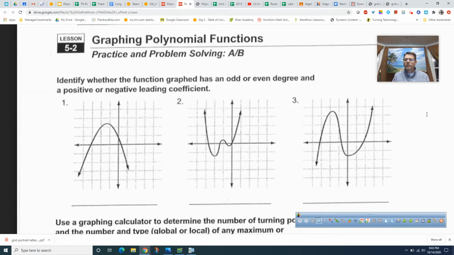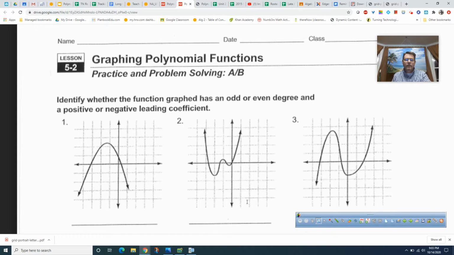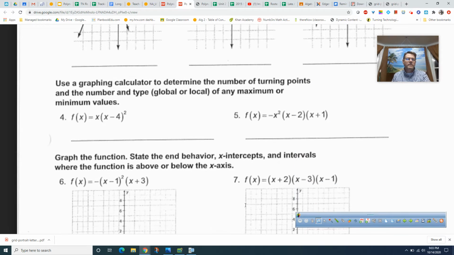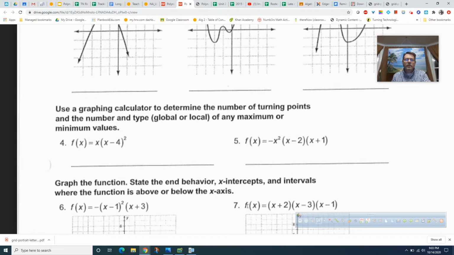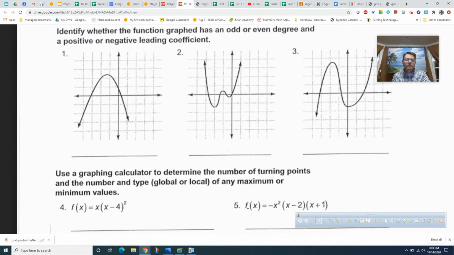Now let's go a couple more here. It says to use a graphing calculator to determine the number of turning points and the number and type of either global or local maximum or minimum values. Let's talk about these up here first. This first one has one turning point, right here at the top, and that makes it a maximum. Since there's no point taller than that, we're going to call it global,